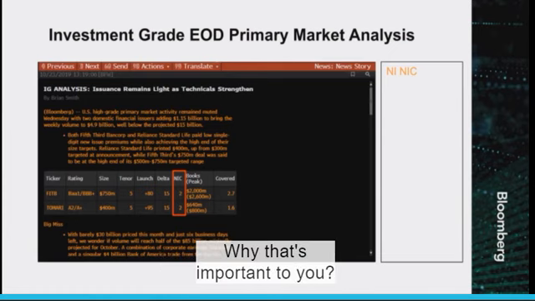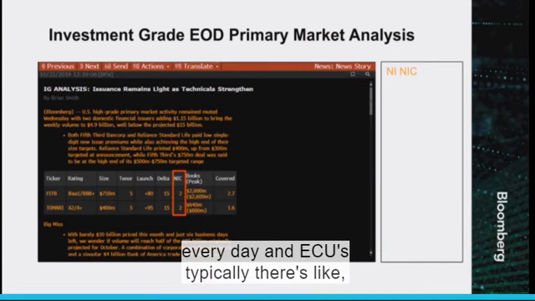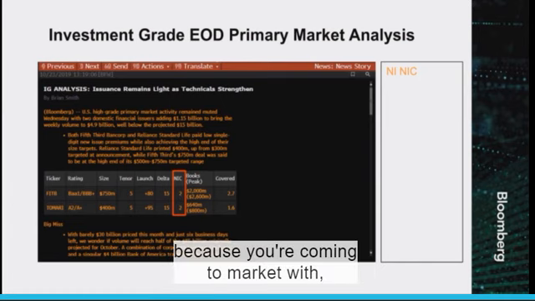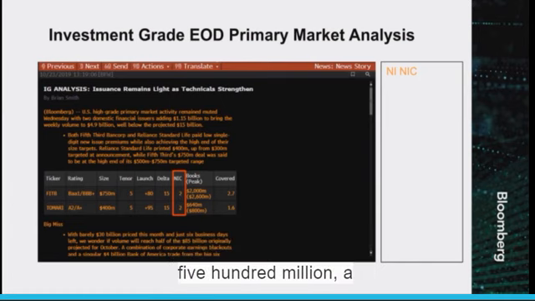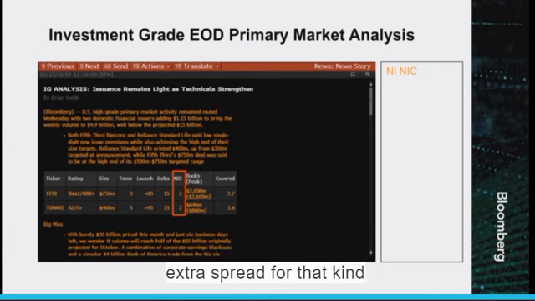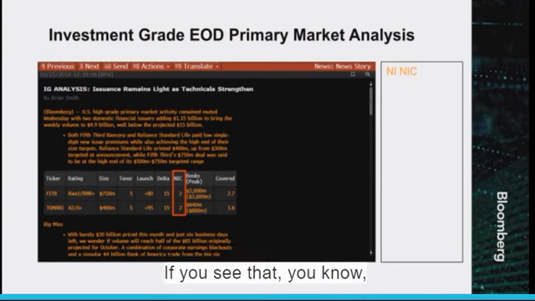Why is this important to you? If you are reading these stories every day, and you see, typically, in general recently, there's going to be some new issue concession because you're coming to market with decent size, 300 million, 500 million, $1 billion, sometimes $5 billion, depending on who you are. The market is going to demand extra spread for that kind of size over and above a secondary trade. But you'll see new issue concessions in the couple of basis points range. If you see that